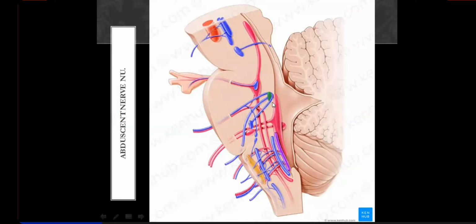And this is the abducent nerve nucleus. You can see its location. It is seated deep within the pons, more towards the lower portion of the pons. It is seated deep, right? And you can see this facial nerve nucleus, and how the facial nerve fibers were moving medially, winding behind the abducent nucleus and then running out like this ventrally. So because of this, there is a bulging here in the floor of the fourth ventricle.